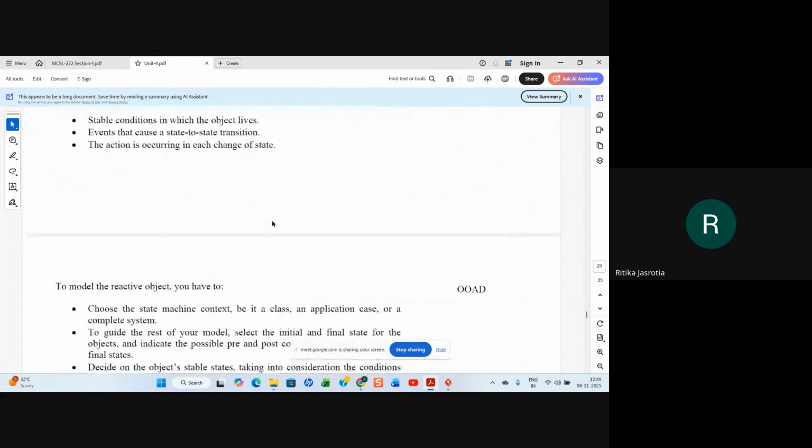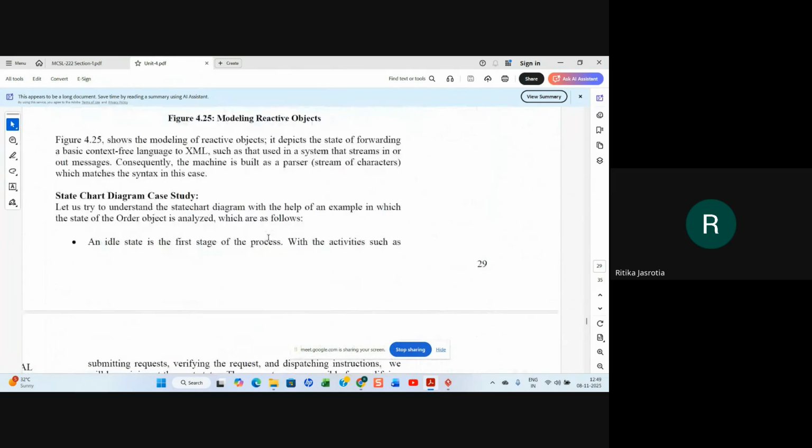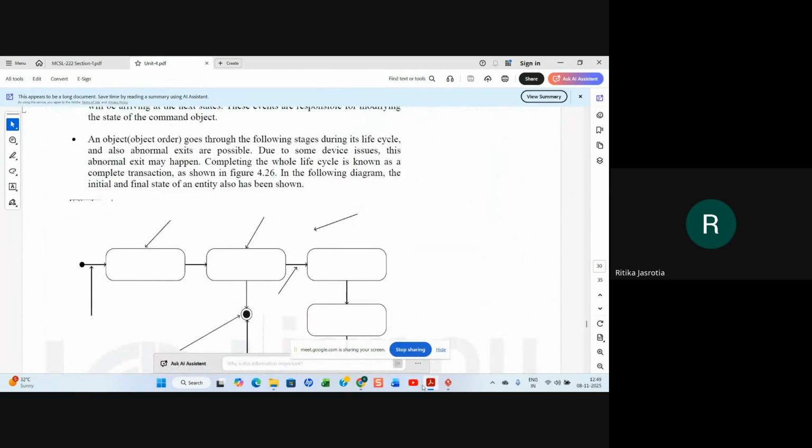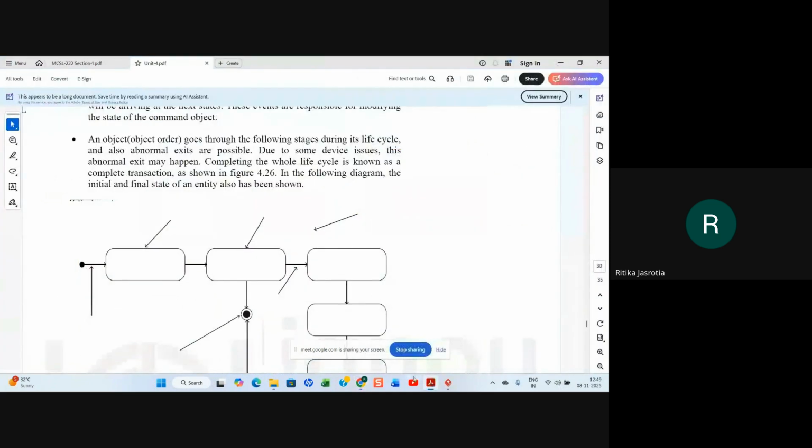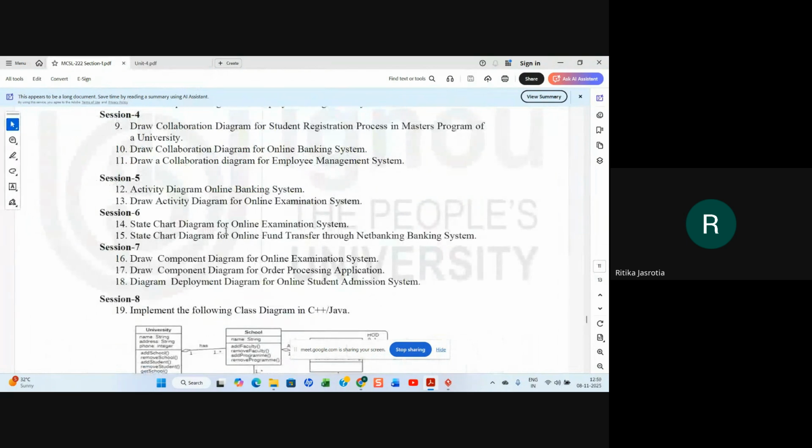So there is no condition kind of option in a state chart diagram. In the example in the system, what we saw, they were showing a condition. Condition is not there actually in the state chart diagram. You do not draw any condition in a state chart diagram. You only show states. So this is for the online examination system. Now you can have whatever perspective your thing is, you can make it accordingly.